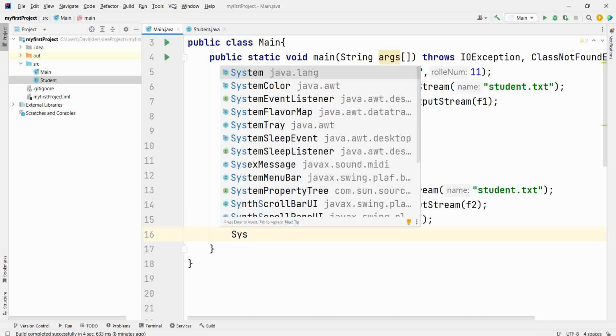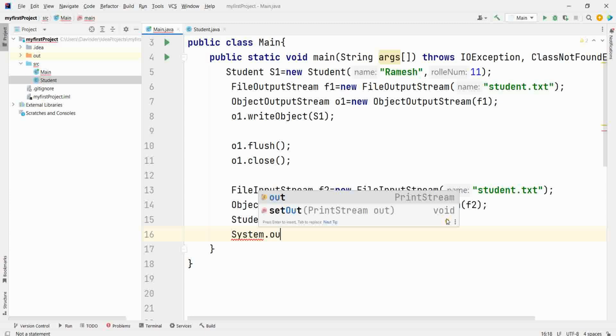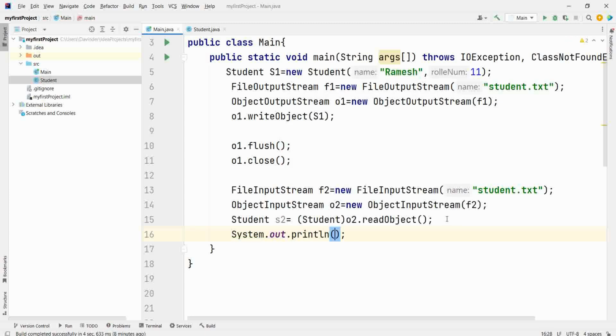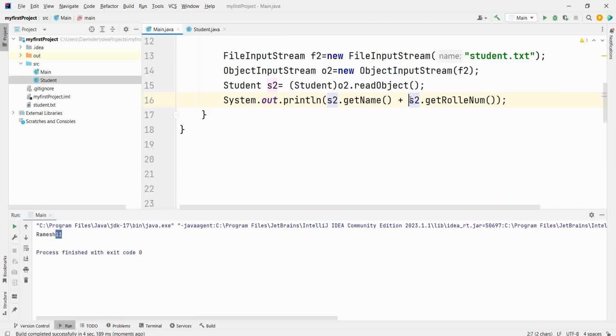Now you can print it. So you have deserialized it in line number 15. Print name space roll number. That's it. If you want to give space here, you can give plus space plus.